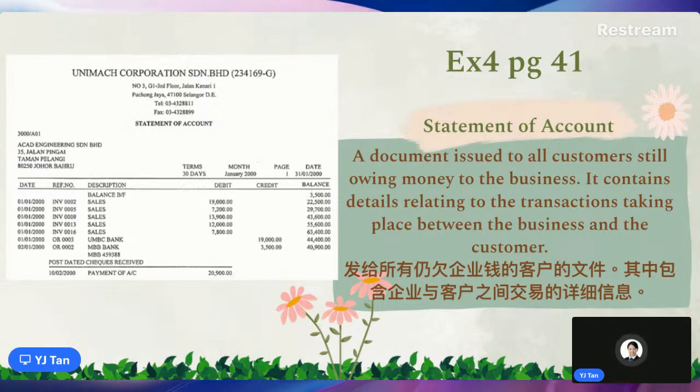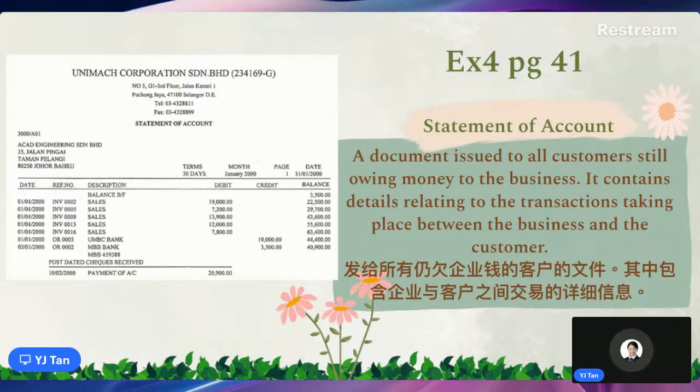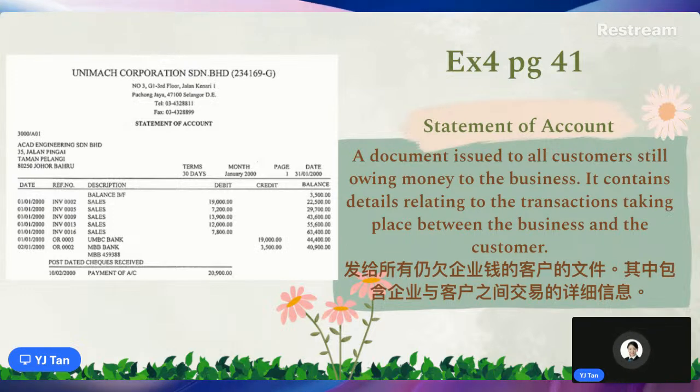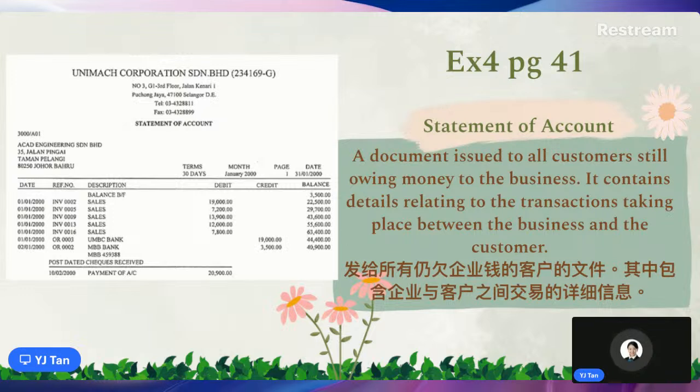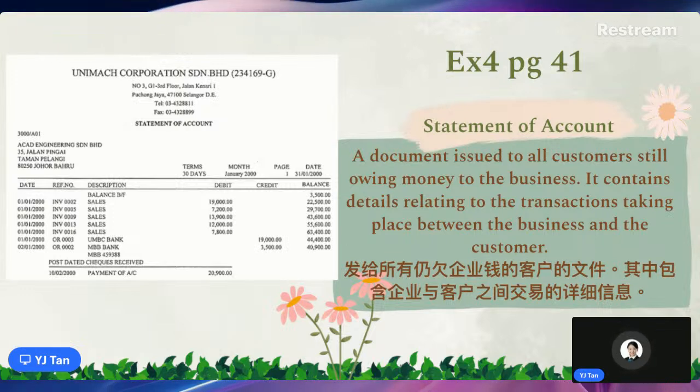Remember, I mentioned that for all documents, the invoice number, the reference number, is very important. All right, then after that, something happened. The 6th transaction actually says UMBC Bank in 19,000. In other words, the 6th transaction is saying that I can actually pay to Unimatch, and Unimatch found this